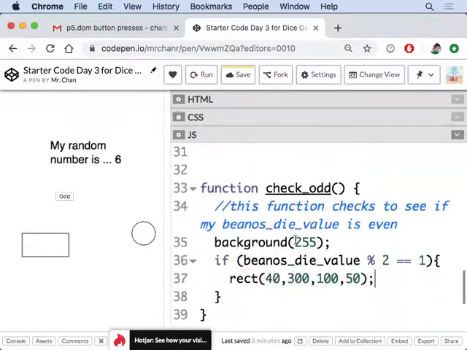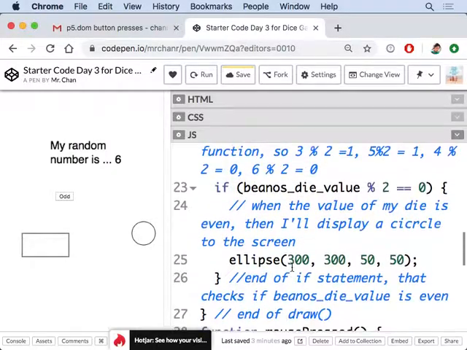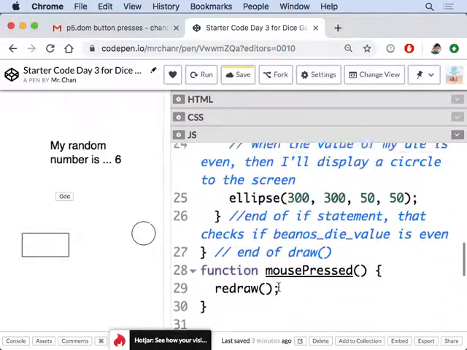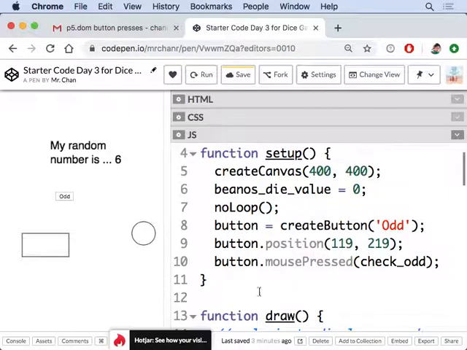I'm pretty sure this check odd function would have executed first. And why is that? Well, at the very beginning, notice we borrowed some code from the p5 DOM library, whatever display something manager. This code actually, the mouse press, check odd happened first. So when it saw the rectangle,